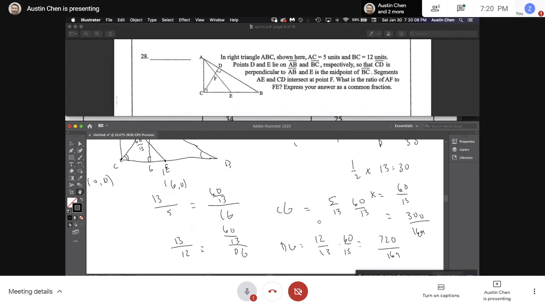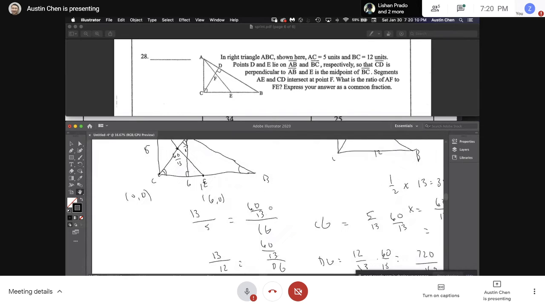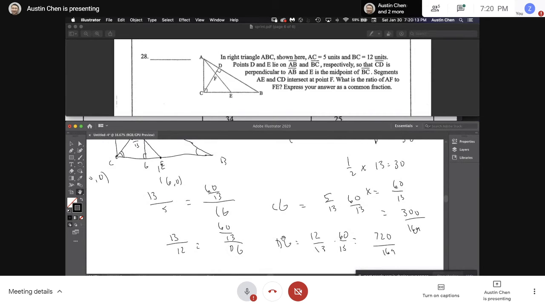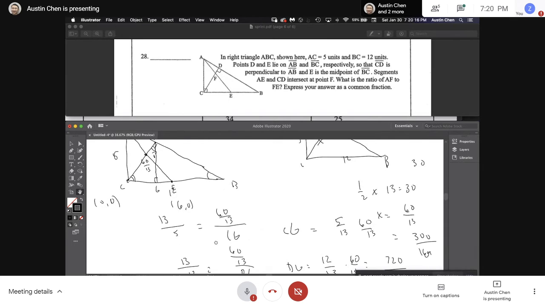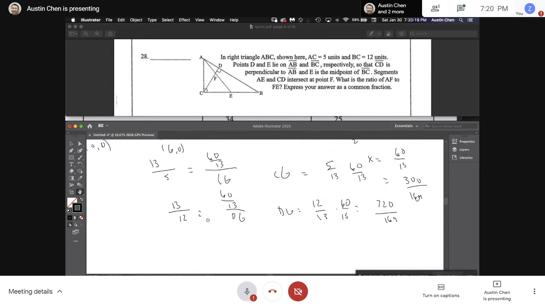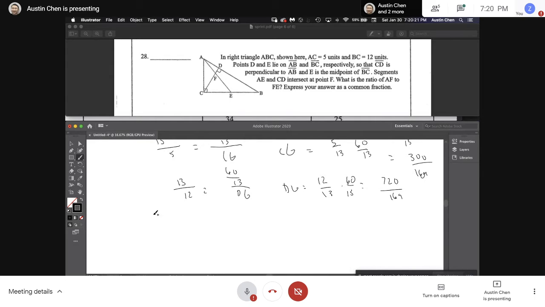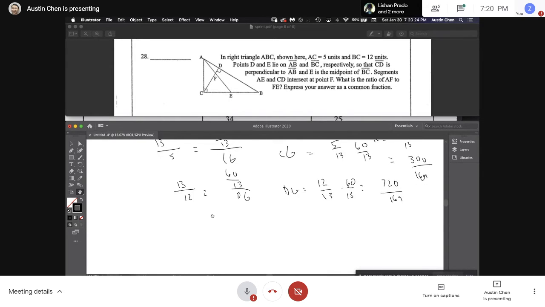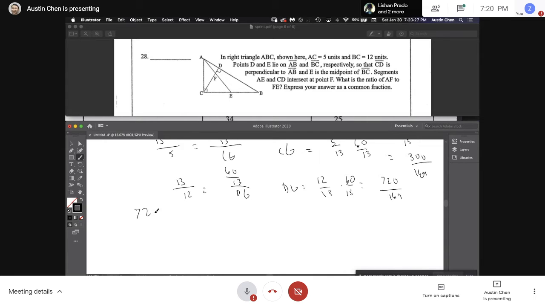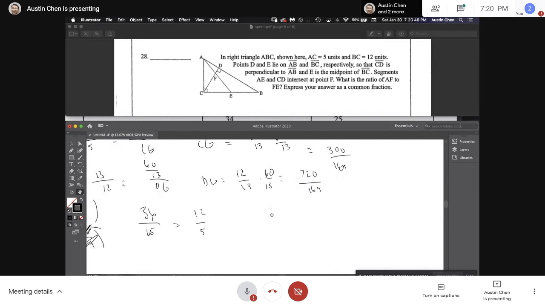Okay, so now we have the coordinates of all of our points. So now we can get the formulas for the line segments. So CD is going to have a slope of 720 over 169 over 300 over 169. So the 169s cancel. We can cancel out a 10. We can also cancel out a 2 to get 36/15. Cancel out a 3, 12/5. Okay, so that has slope 12/5, and